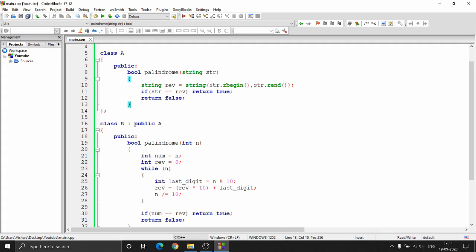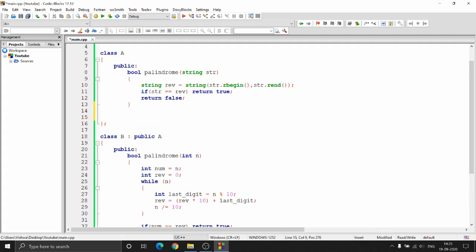Well, we saw virtual while discussing the diamond problem, right? The virtual keyword takes care of the fact that there exists only one instance of a class if multiple instances are coming. So a virtual function will also do the same thing, a pure virtual function too, but the only difference is that every time you implement it, it will be considered as a new function. It won't be considered as something coming from the base class, right? So let's see how to implement that.